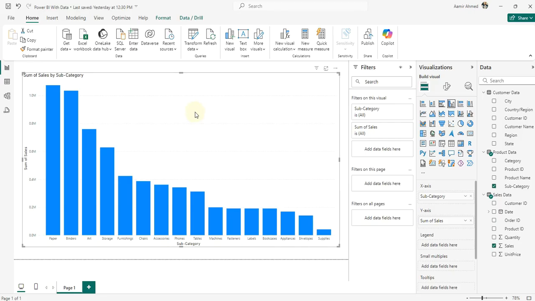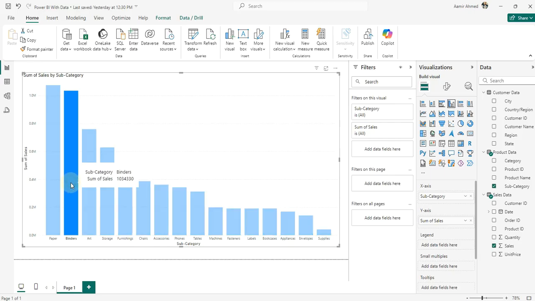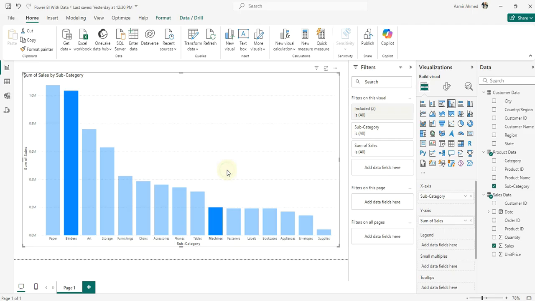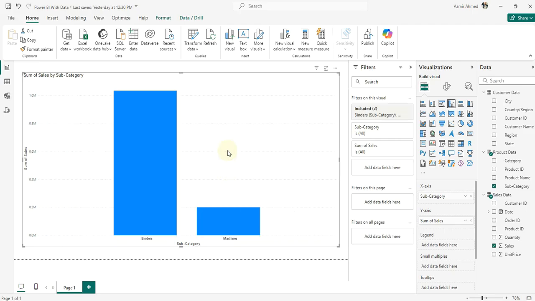For example, I want to compare binders and machines subcategories at the same time. Then I can use the include command. I will just press and hold the control key, select binders and then machines, right click and click on include. So now you can see that only two subcategories have been included and all the other categories have been excluded